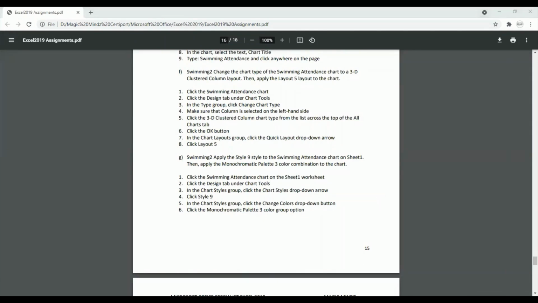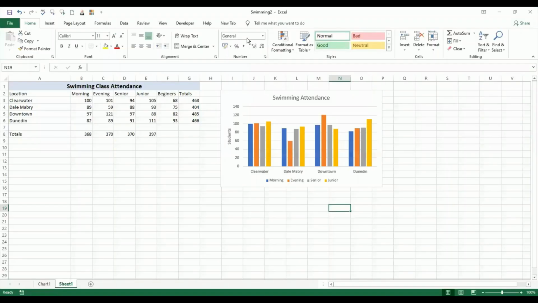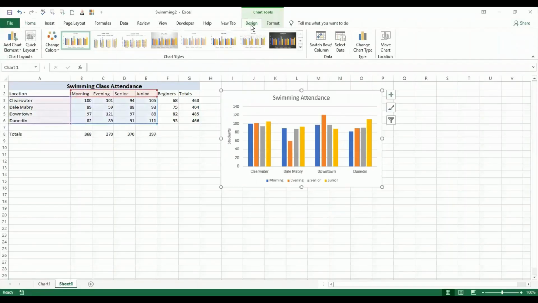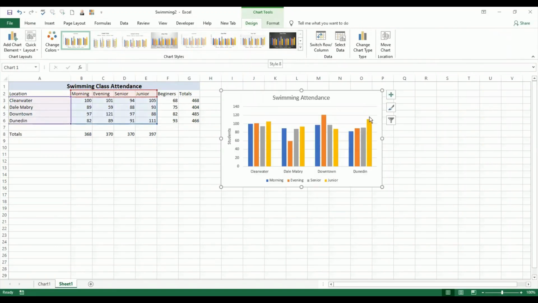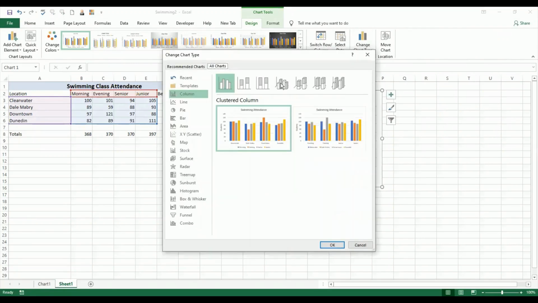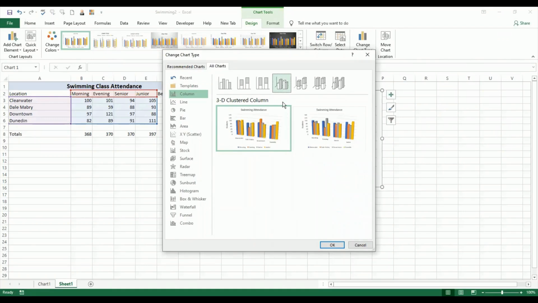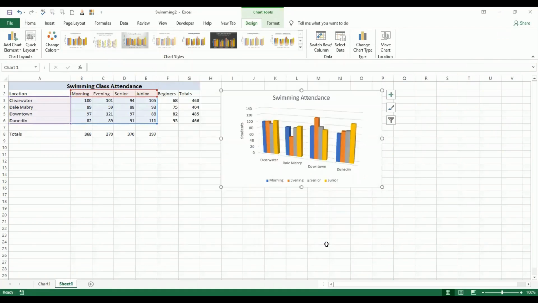So there are two options here. One is when we go into design, we have got various designs. That's not what he's told us. He's told us to change a chart type. And all he's told us to do is to convert this into a 3D clustered column. That's the first thing. And then he's told us now you need to go to layout and you need to